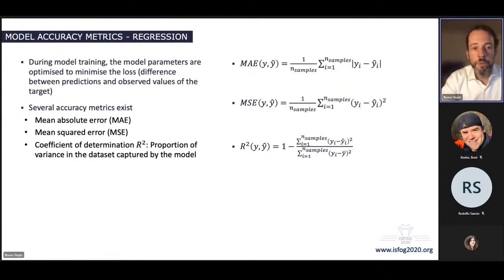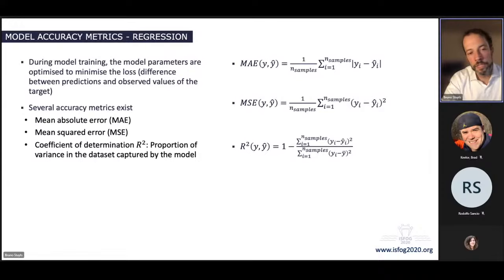For model accuracy, we have a number of metrics in machine learning, but you may already know those metrics from other courses or classes that you've taken. Things like the mean absolute error and the mean squared error should be fairly straightforward, because we compare the predicted and the measured values of our target, and calculate the mean over our data set. The R squared, or coefficient of determination, is an interesting one,